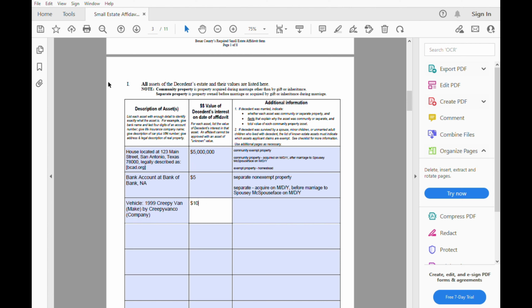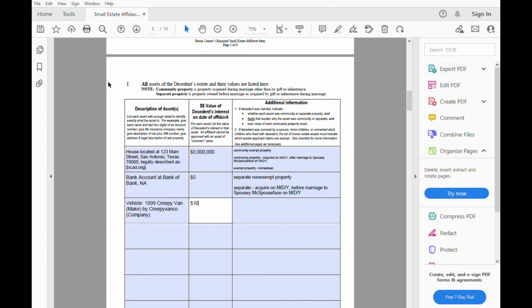If you know the exact value down to the dollar, right? So here I've typed in that the value is $17,123, exactly down to the last dollar. If you know the exact value, that's wonderful. Great. Go ahead, type it in. If you don't know the exact value, you can just say approximately. Again, be sure to read the instructions on this very carefully and provide exactly the information that the form calls